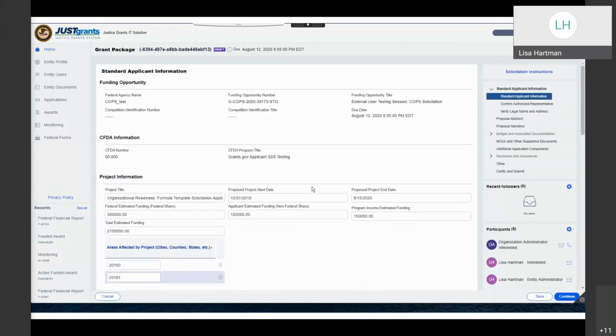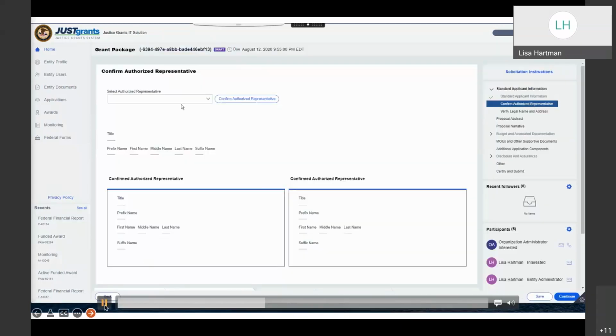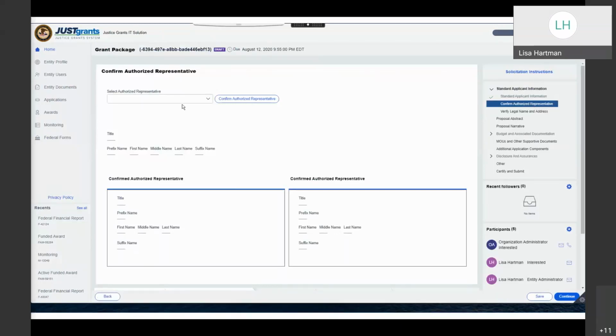We'll wait for a moment to do that. The next page is confirming the authorized representative. And again, the authorized representative really has no task in terms of completing the application. However, they must be identified in the application, which means that they must be active users prior to submitting the application. So even though the authorized representative isn't going to do anything in JustGrants until the award is offered, they still have to be